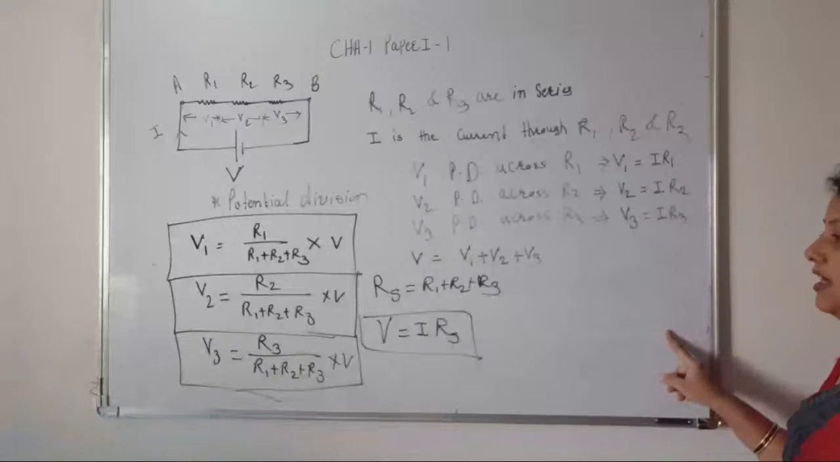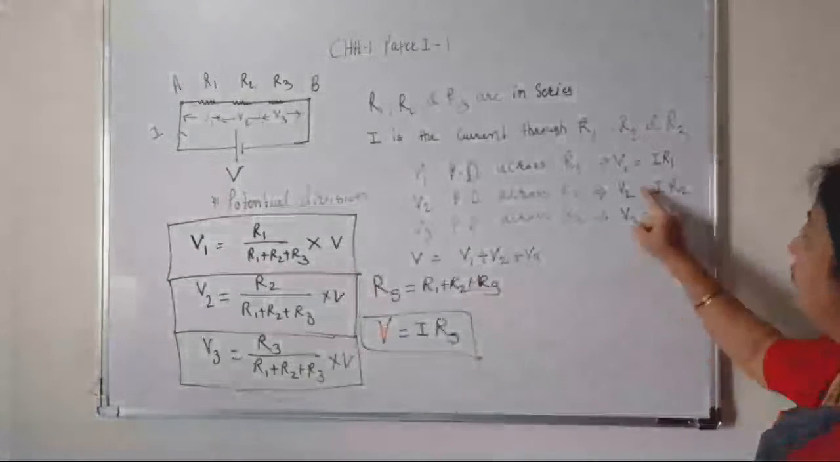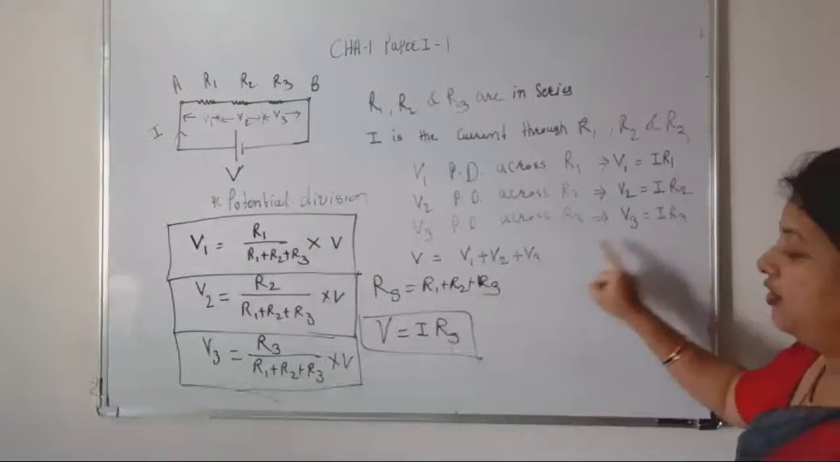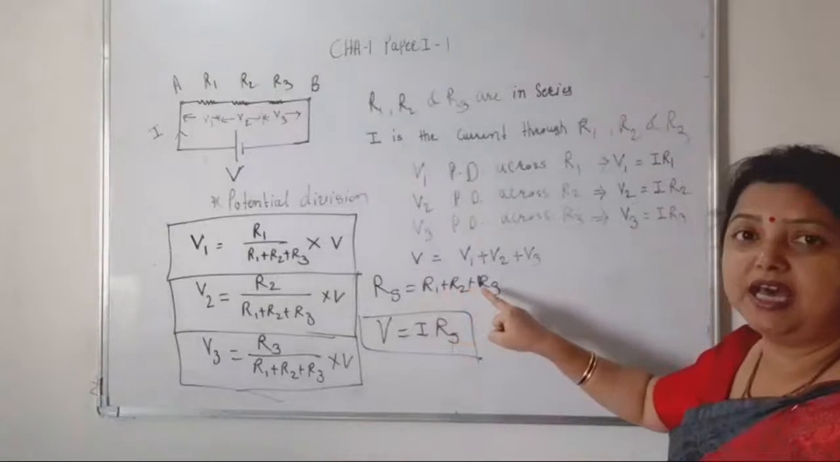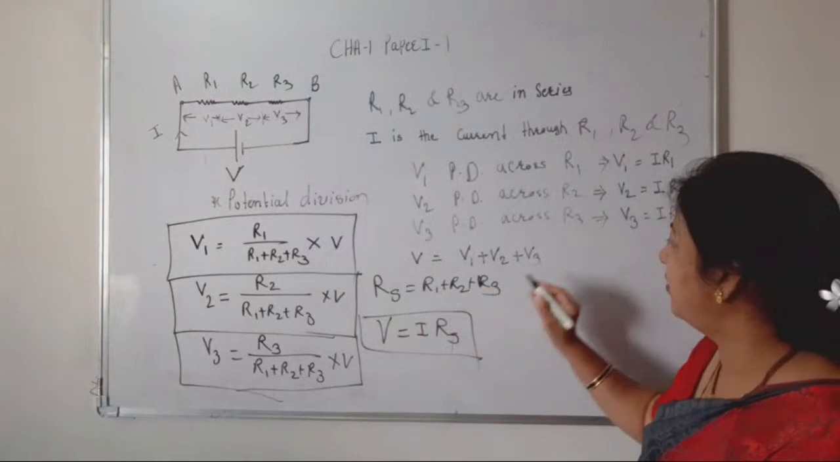Okay, Kartik. Now these are the potential division formulas. How are these formulas derived? From this one only. Now you know that series resistance is R1 plus R2 plus R3. Therefore, if we insert the value of all this in place of R,